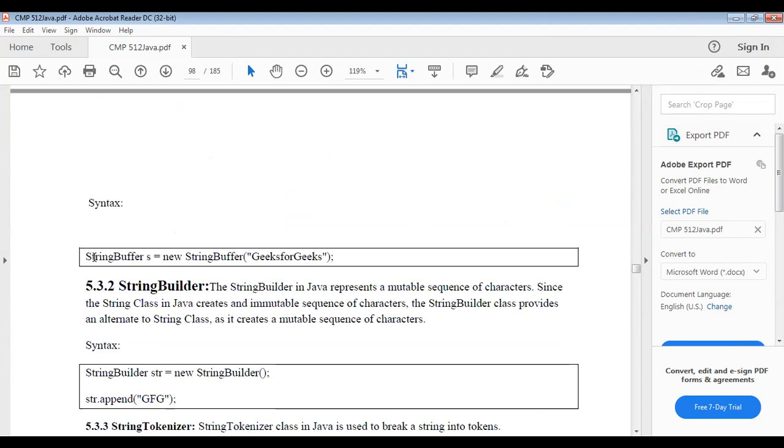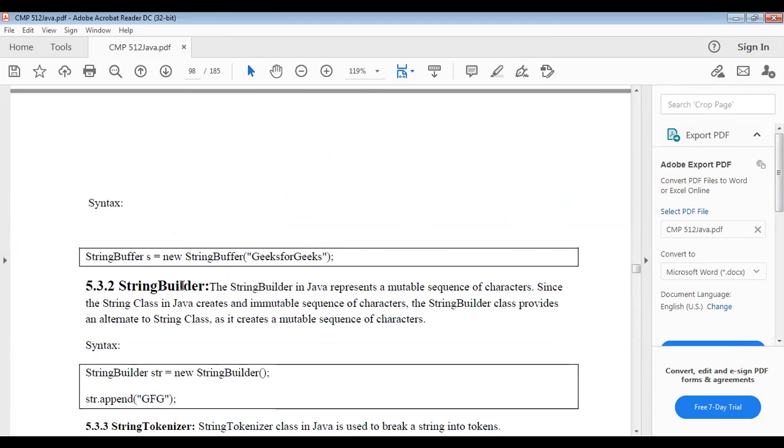The StringBuffer syntax is presented here: StringBuffer object is created, then equals new StringBuffer("GFG").